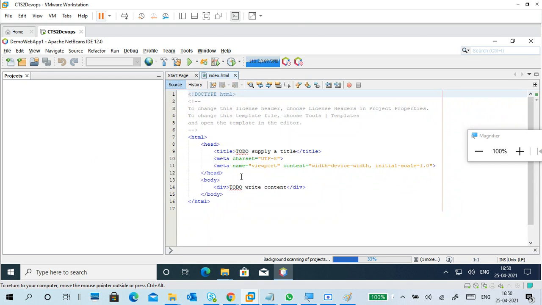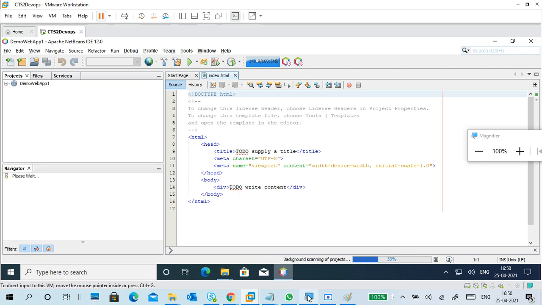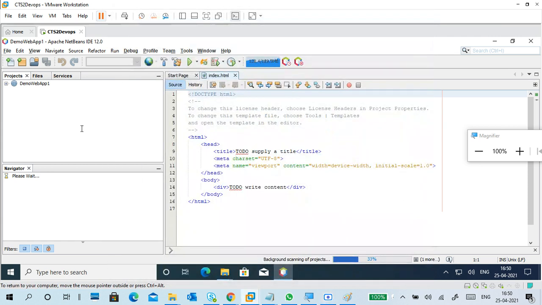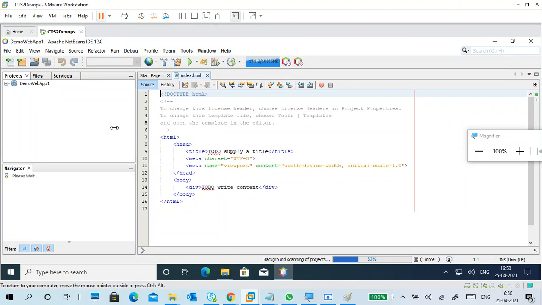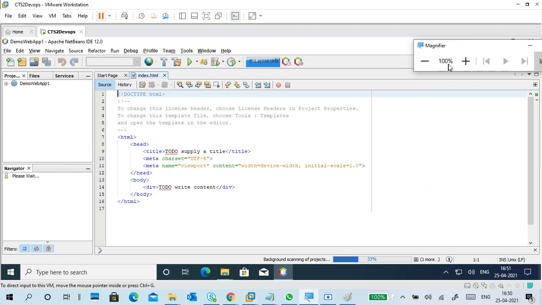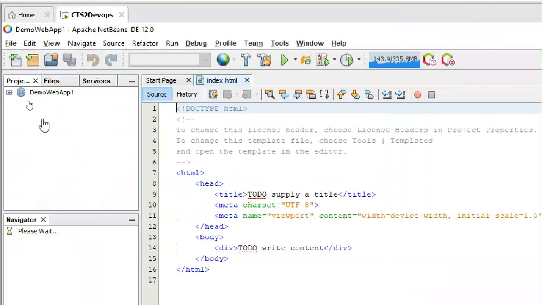What knowledge you have, that is more knowledge. Automatically index.html has come up, because it's a web project now, so compulsorily this one is required. But we have to wait, a lot of things are going on in the background. There are multiple reasons why I told this. I am just moving like this, and I want to show a few things meanwhile. So this is my project. Just click on it.